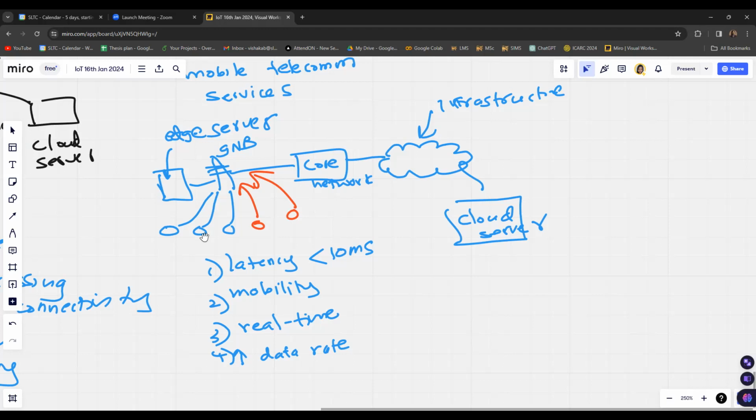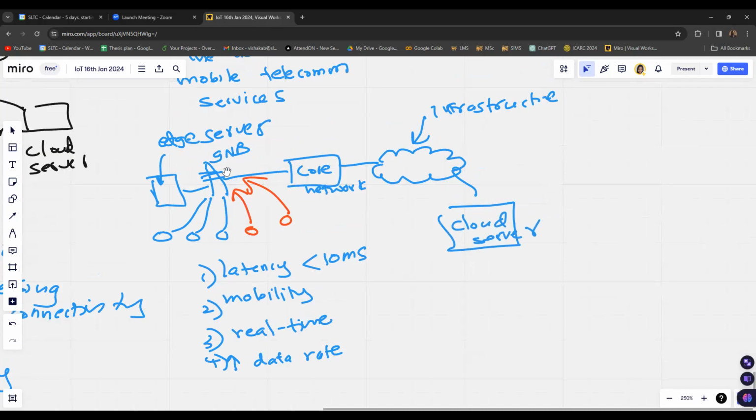If they had to send the data all the way to the cloud server and get the updates, sometimes there could be a high delay in getting the necessary updates. Therefore, the delay must be reduced to give quick updates to the vehicular users, so the vehicles can quickly get updated data regarding the traffic on the road. In order to reduce those latencies, edge computing can be proposed as one of the solutions to provide real-time updates with low latency. And also considering the mobility of the devices, we can provide that service.